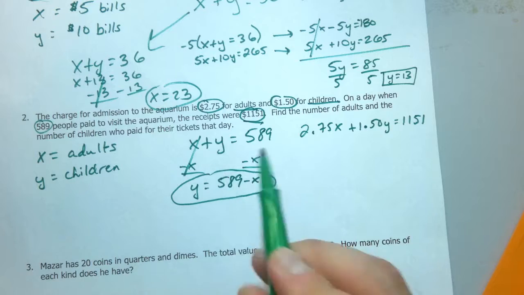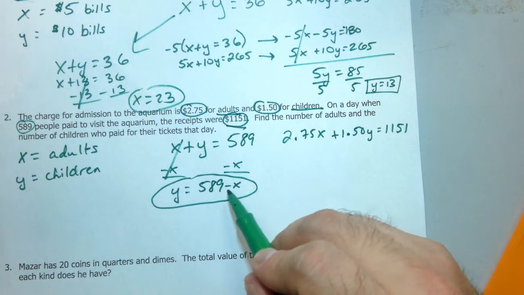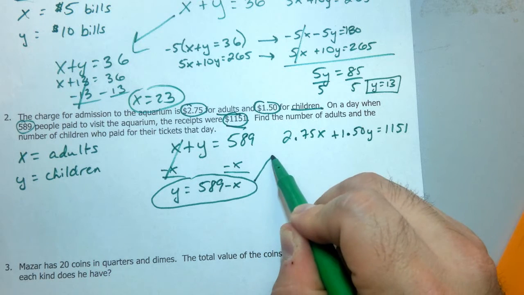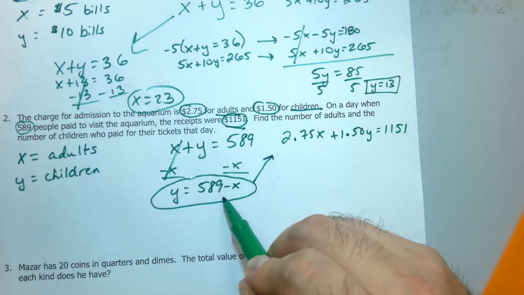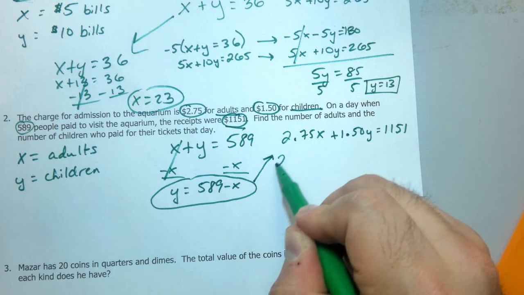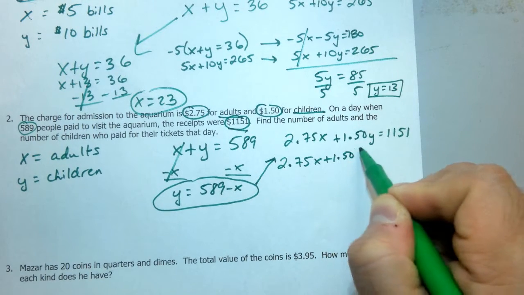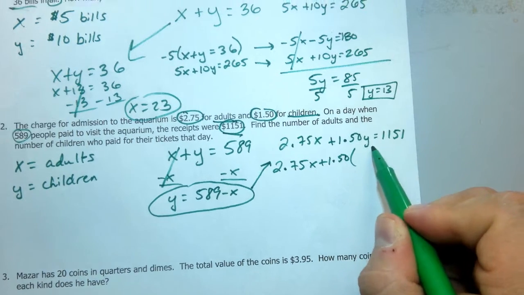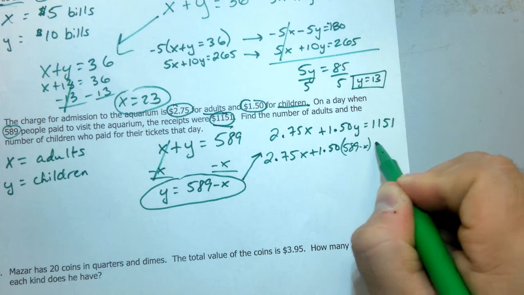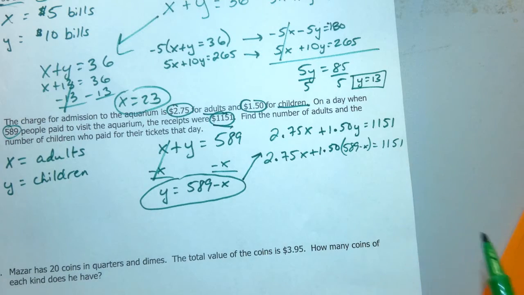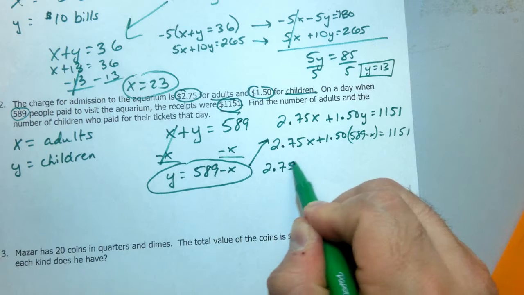Okay, so that's going to be useful. I'm going to circle it for now. But because I know that y is 589 minus x, I'm going to go into this equation and replace this y with 589 minus x. So 2.75x plus 1.50, not going to put y, I'm going to put this instead, 589 minus x equals 1,151. So you just got to be careful when you distribute here that you don't make a multiplication error, but